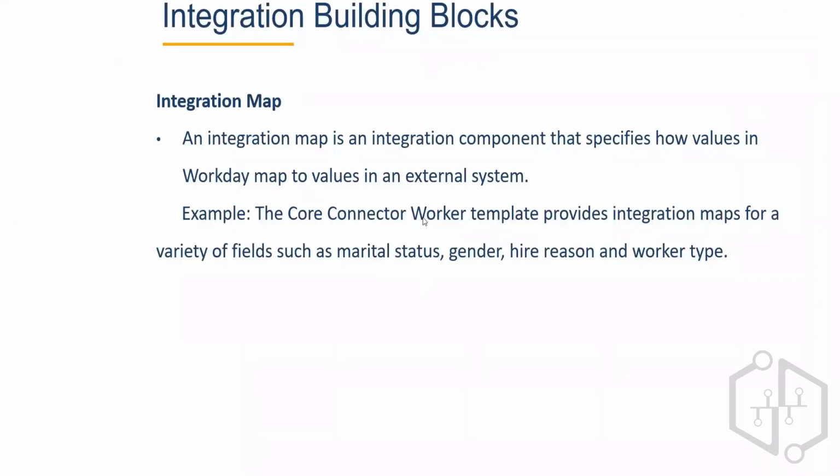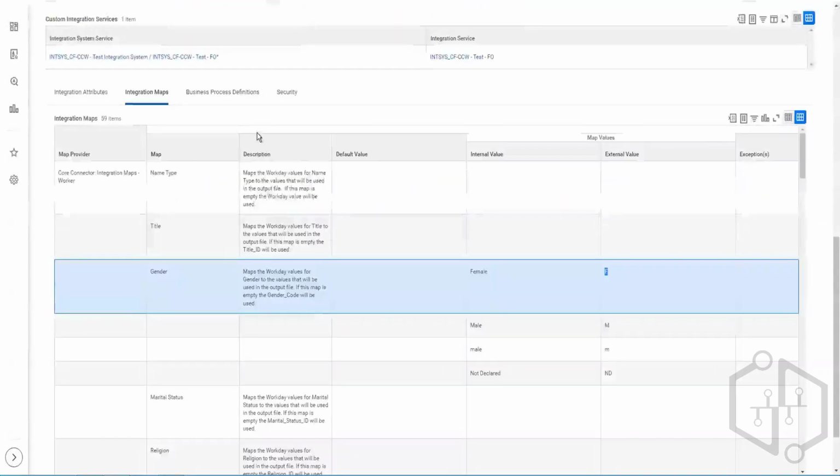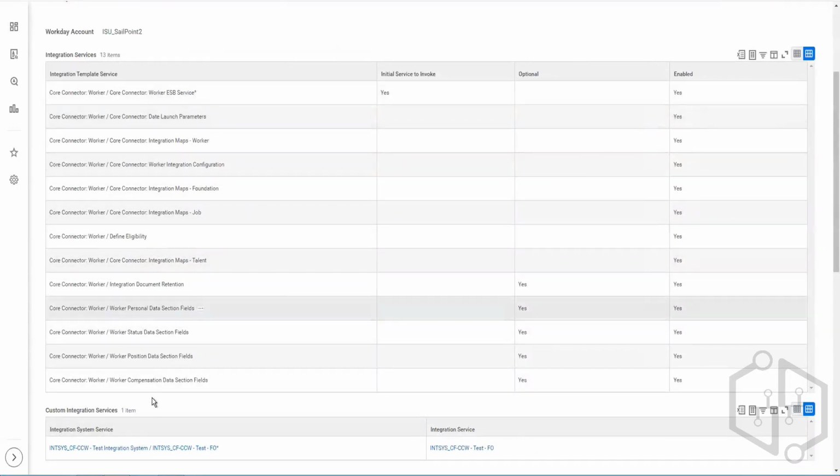So next, after integration maps, come the transaction logs. That's a very critical area of integration as well. It provides a record of business process and events in Workday. Integrations can subscribe to specific transaction log events to capture changes to employee data that are relevant to an external system. Some connectors, including job posting, location, and competency, do not include a transaction log service, as the underlying Workday web service Get Location does not include it. So if you need to have transaction logs enabled in your system, which, as you can see, we don't have, and if I look at the integration events,